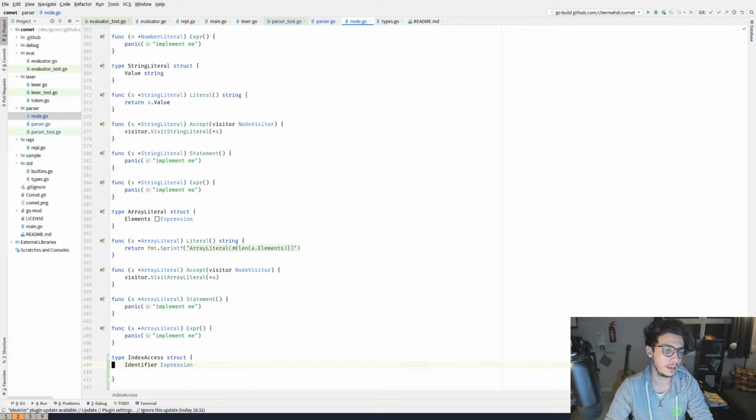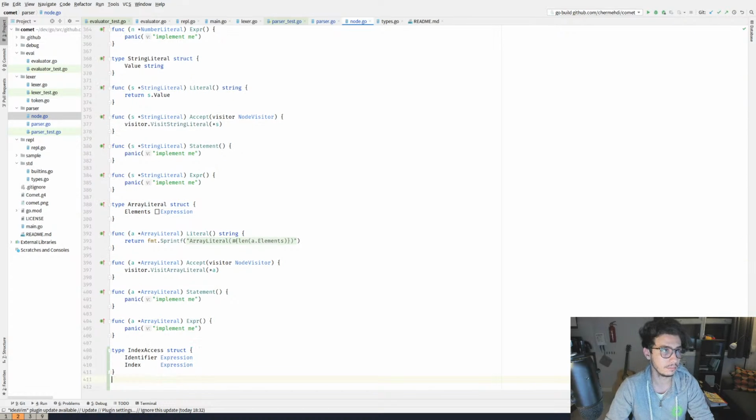I'm making it an identifier because it could be anything actually. It could be something that when evaluated, yields an array. It's not always going to be a named variable. That's why I'm making it an expression. And the left part could be an expression as well, which is like the index. And for sure, we don't know, the index could be anything for all we know. And the index access can have an operator, but since an index access has only one thing.